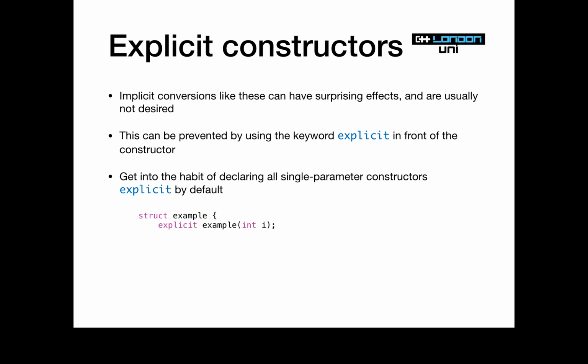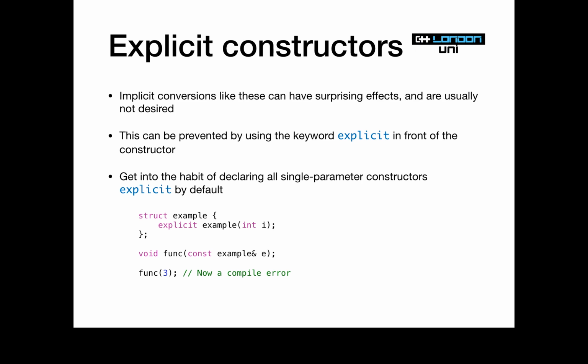So here we've got struct example again, and this time I've written explicit in front of the constructor. Exactly what we had before, except I've added this explicit keyword. And then we have the same function again, which just takes an example. This time, when I try to pass 3 directly to this function, it's a compile error. It says this function is expecting an example, and you've given me an int. That's what we want. We want this type safety.